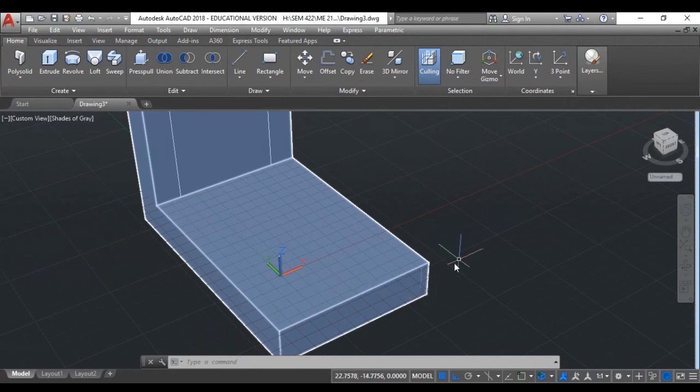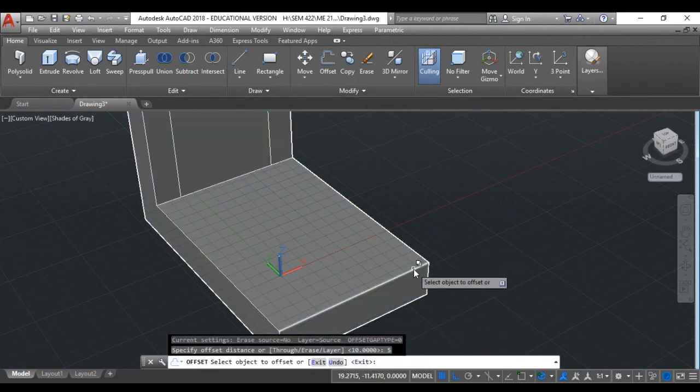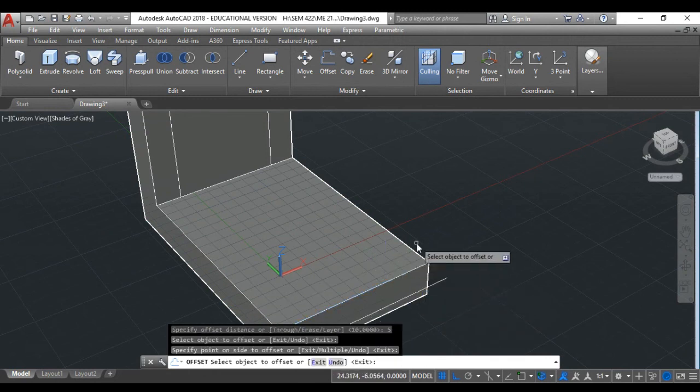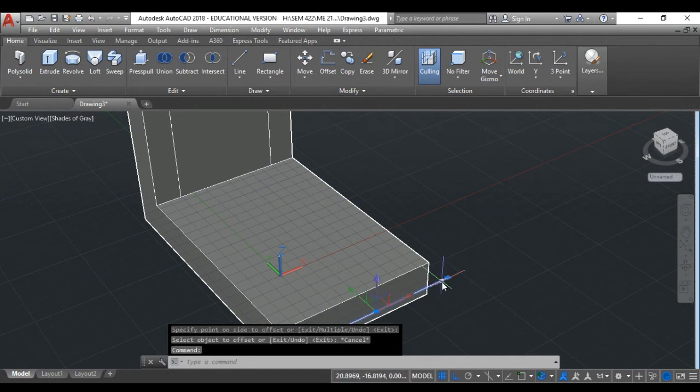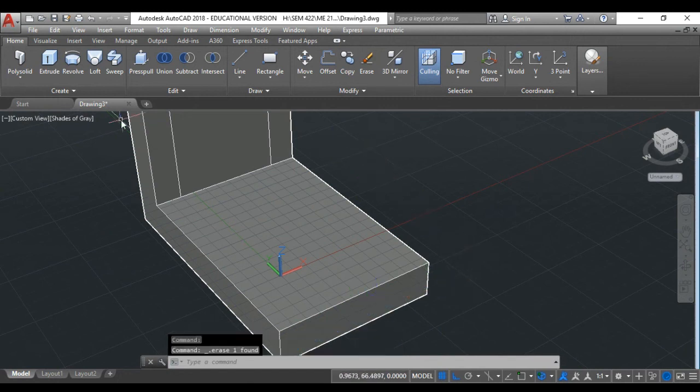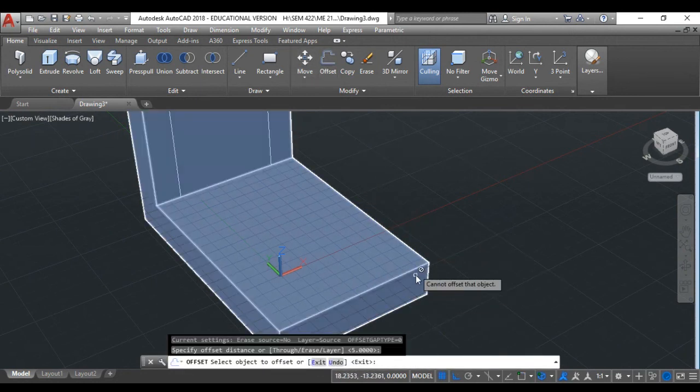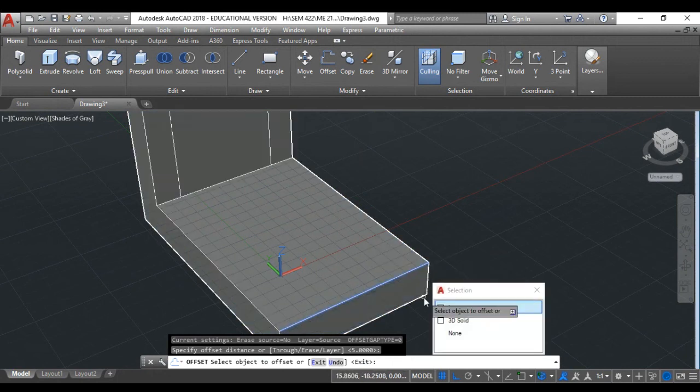So I'm gonna go to this one. I'm gonna say offset again. First distance is 5. I'm gonna take this one, that edge, and move in that direction. Uh-oh. Escape. Okay, again, offset. And then 5 is okay. And then take that edge and move in